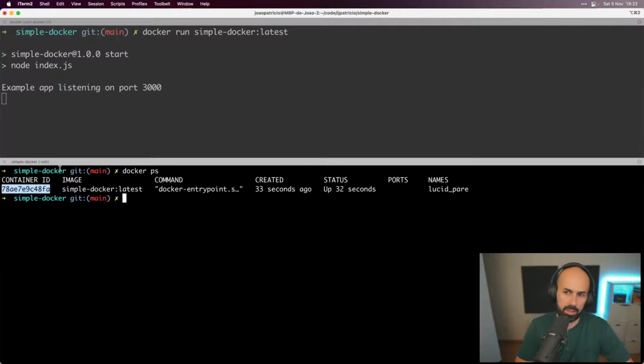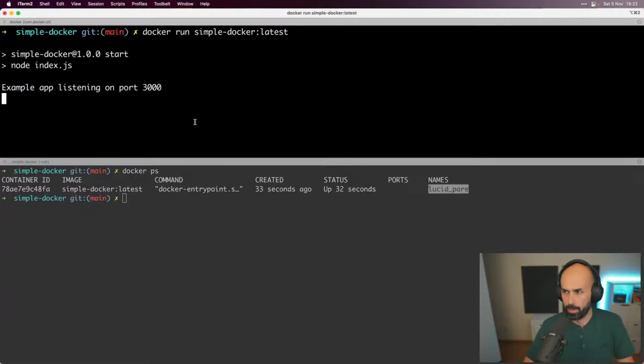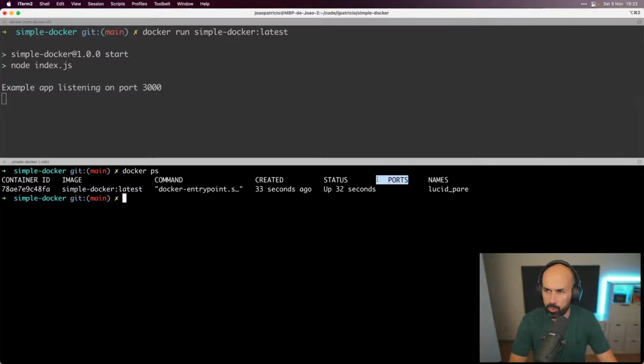The containers, images, networks, volumes, and so on. This is the container ID. It also has a name. If we don't specify a name, it just gives a friendly name. And some more information: command, created, status, and ports. So this is exactly what we're looking for,